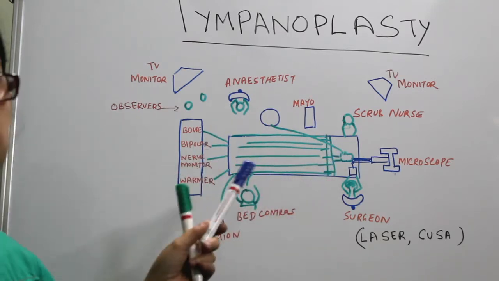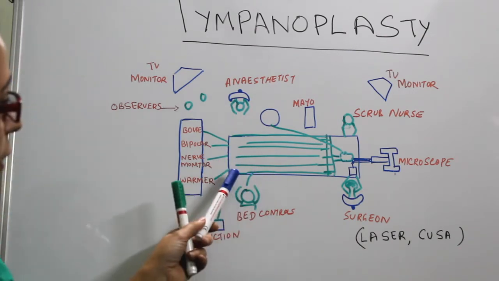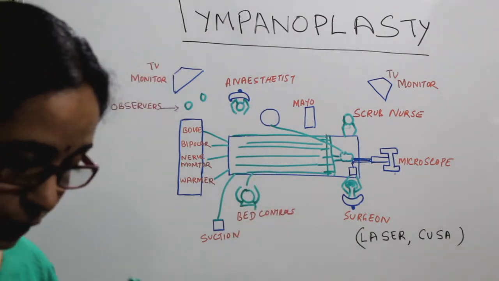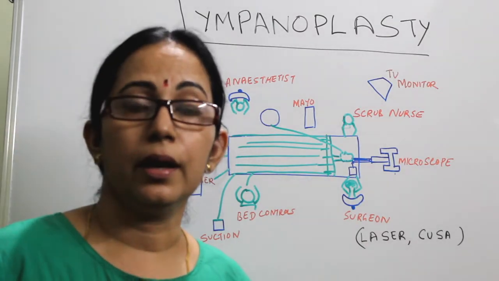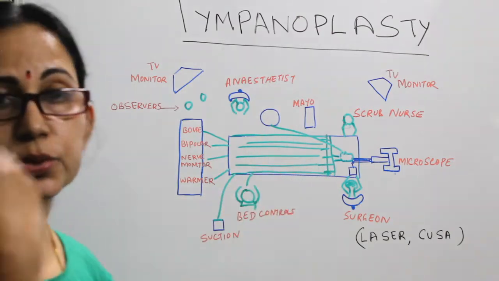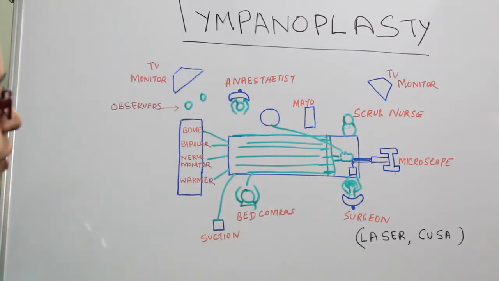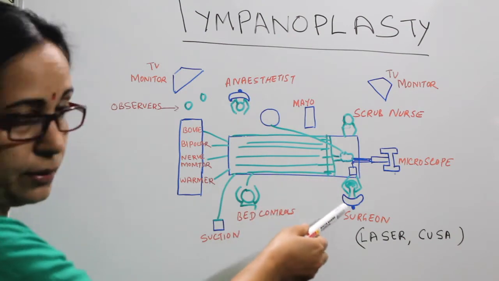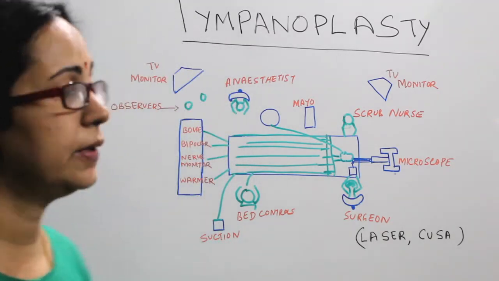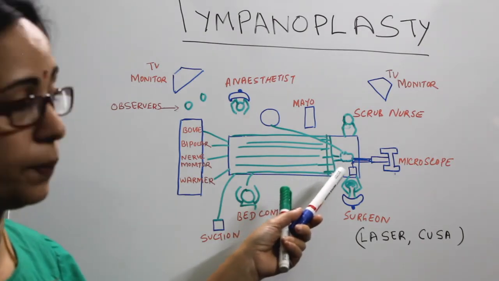This is a table. The most important corner of an OR is the patient's table. So this is a table, and the patient lies on the table facing above, with the operated ear up. If operating on the left ear, it has to be up, with the face turned away from the surgeon, and the surgeon sits on the side of the operating ear, except in case of middle cranial fossa surgery, where the surgeon sits on this part. Otherwise the surgeon sits on the side of the operating ear.